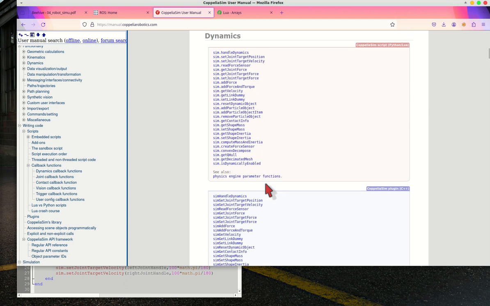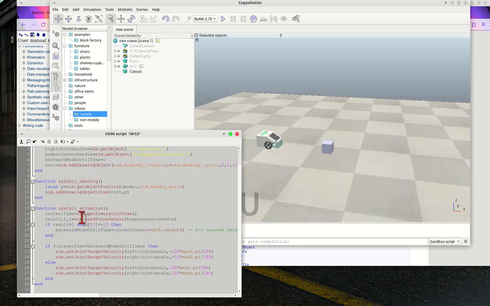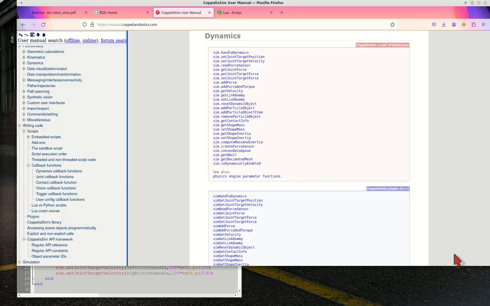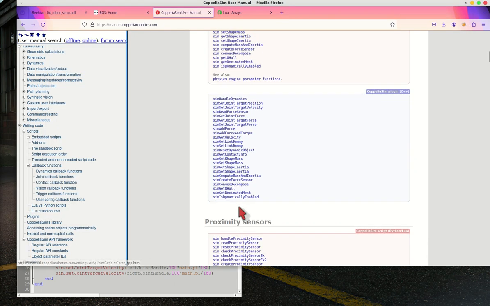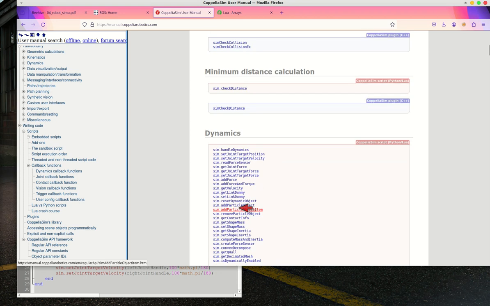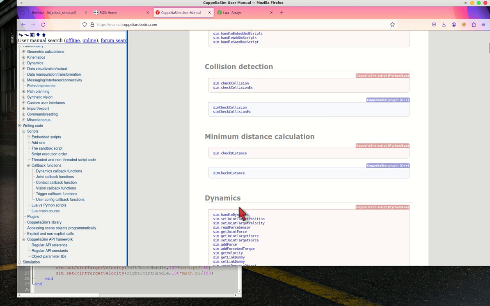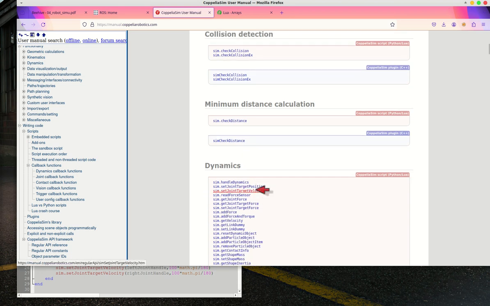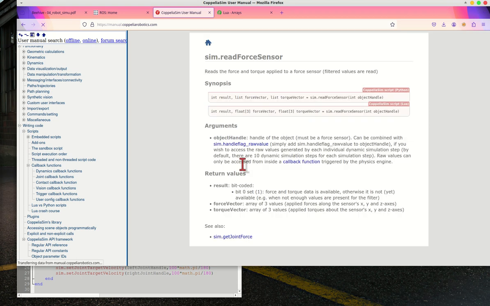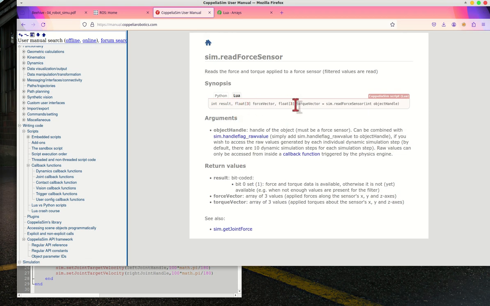So, for example, in this code you use read for sensor. To know the detail of this API, you can go to the bumper sensor. Which one is this? Sensor collection detection dynamic. This one, read for sensor. So read for sensor here will give you the detail on how to use this callback function.